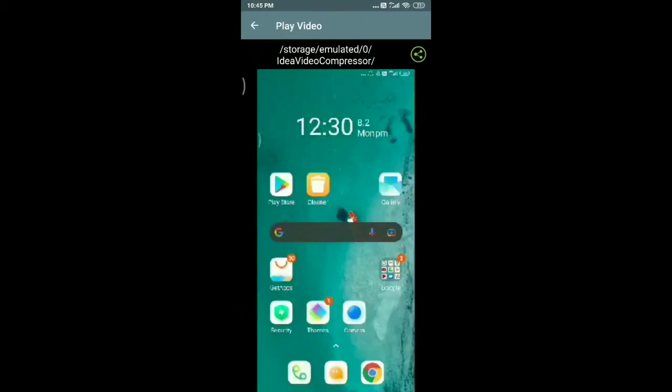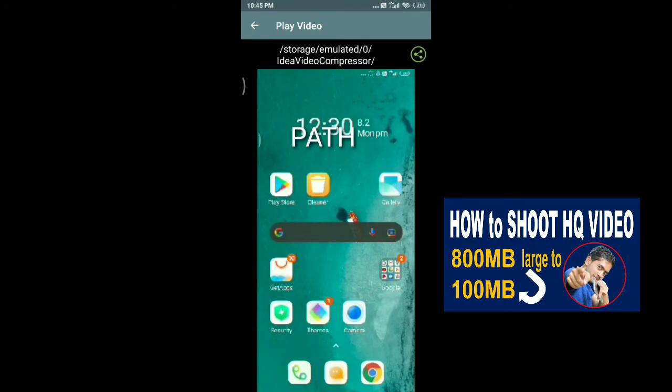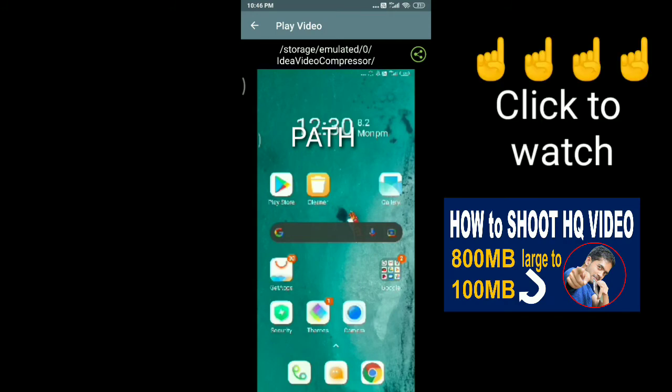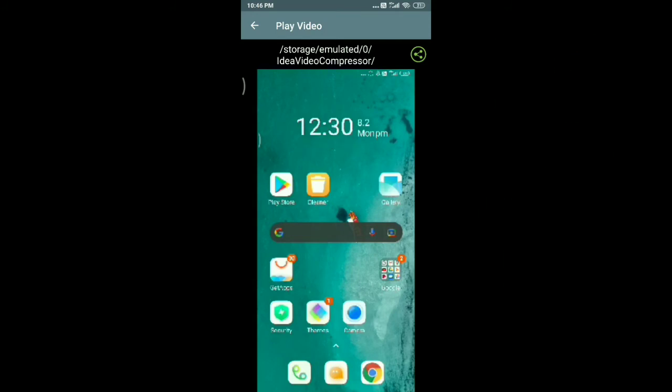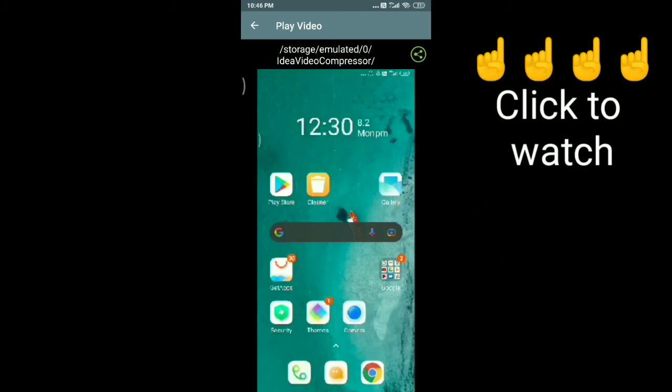So you see the quality is decreased. Hi students, today I'll show how to shoot video with a low resolution so that you can achieve a file with low MB, and how to edit those